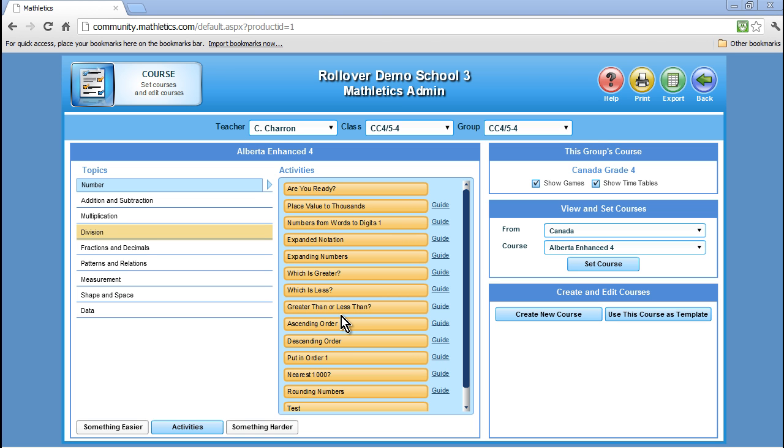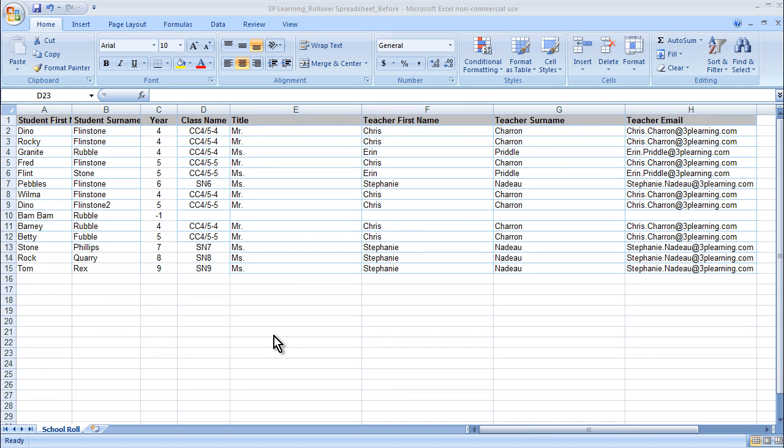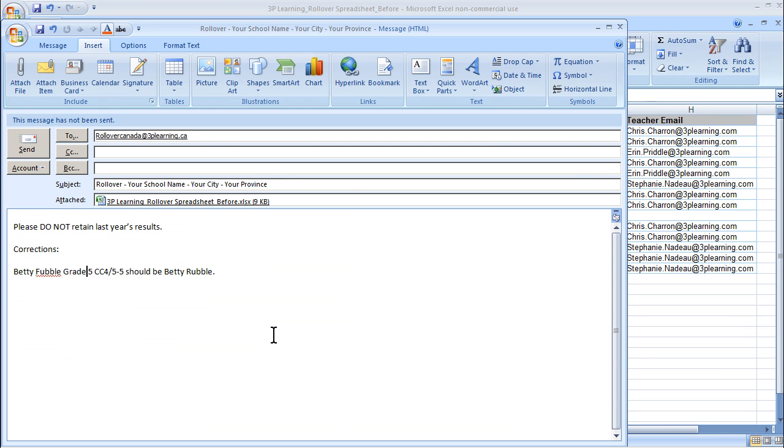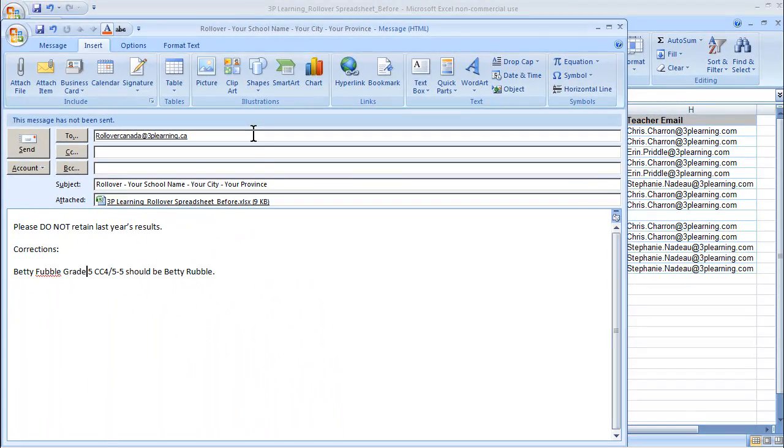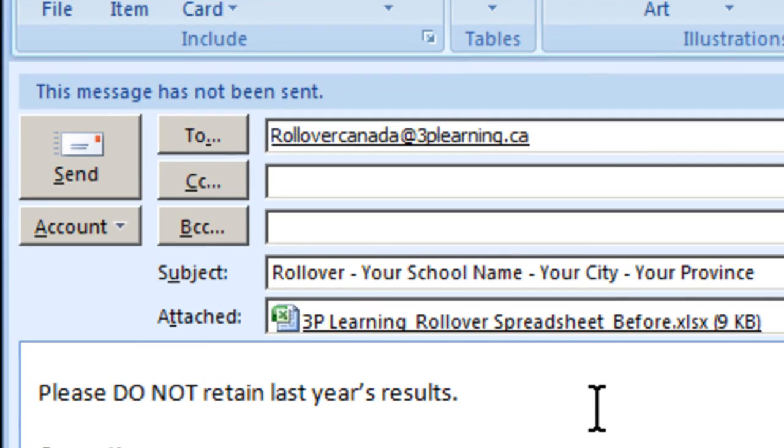However, if you would prefer the Canada Rollover team to process your rollover, please ensure your spreadsheet is completed as discussed at the beginning of the video and email it back to us for processing. Once you have saved the completed spreadsheet, you can email it to the Mathletics Rollover team at rollovercanada@3plearning.ca. In your email, please indicate if you would like to retain last year's results or start fresh for the